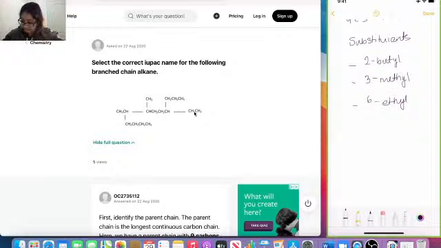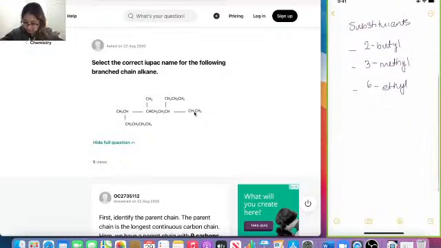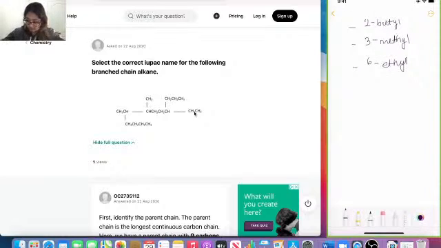And so finally now we have to write the numbers and the names of the corresponding substituents in alphabetical order before the name of the parent chain. So we have to write these substituents in alphabetical order before basically naming the parent chain, which is nonane. And so the alkane name is,